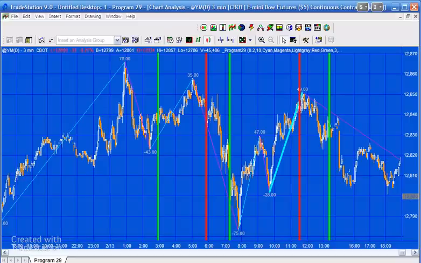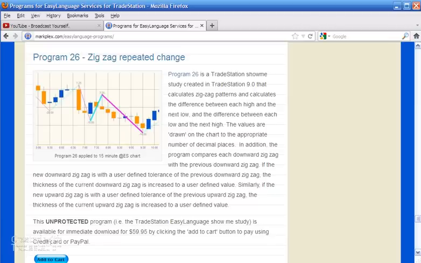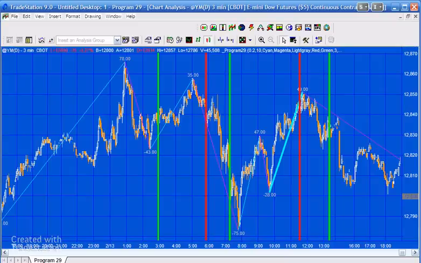So program 29 is based on program 26, and if you're interested in 26 you can just go to markplex.com and you can see an explanation of what that does. But it's essentially a zigzag program that is looking for repeating vertical moves. So what I've done in program 29 is to attempt to predict future zigzag turning points based on the horizontal